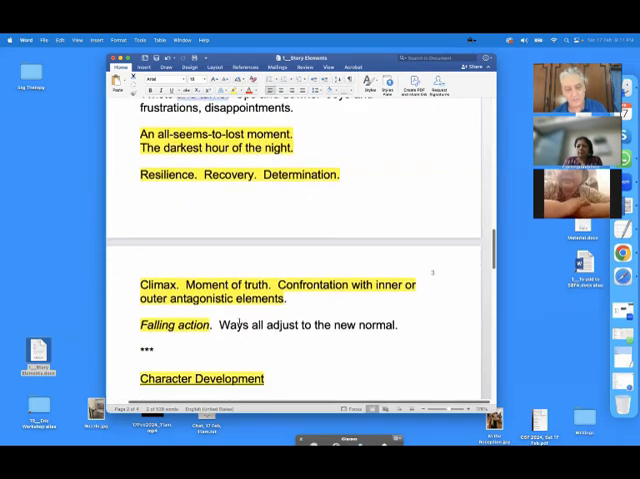And then it all comes to a climax, a moment of truth with a confrontation with an inner or outer antagonist. Antagonist is not a villain. Antagonist is just something that's blocking the main character from getting what she wants. And a big principle here, if we find out that every antagonist or antagonistic element that puts up a block, if the main character overcomes it, it leads to character growth and development and maturity. So it's an opportunity when bad things happen